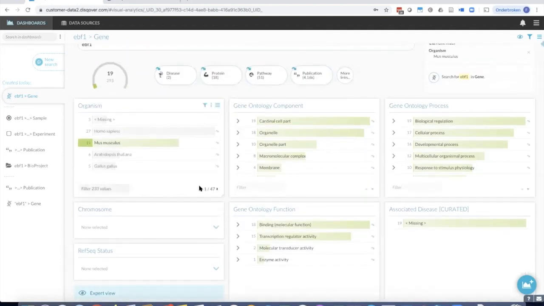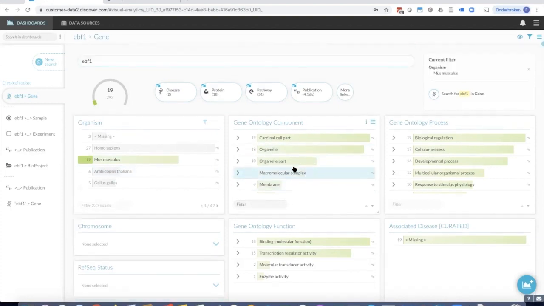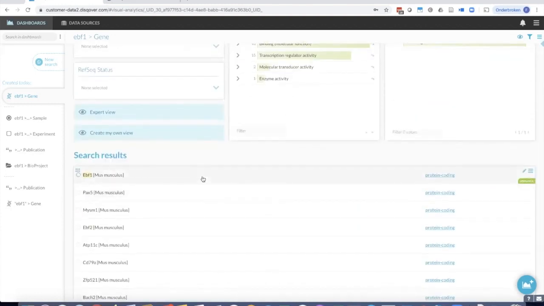What you see is a dashboard which is dynamic in the sense that if I'm selecting something in another part of the dashboard, everything adapts to that. So I can nicely go deeper into this. I have the possibility to follow links. So my 19 resulting genes are still linked to a number of proteins, to a number of diseases, but also to a number of pathways, and so on. If I select here EBF1,